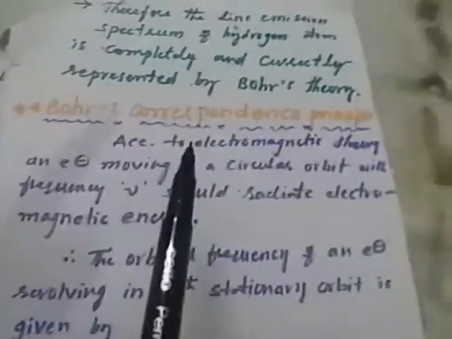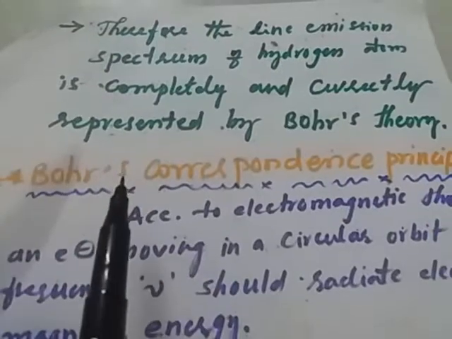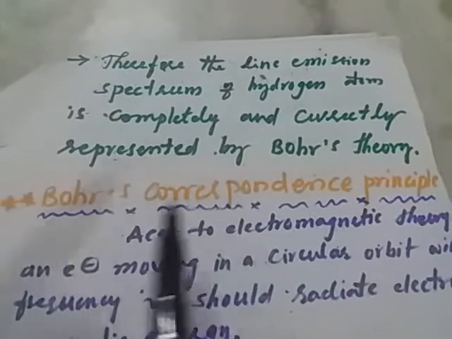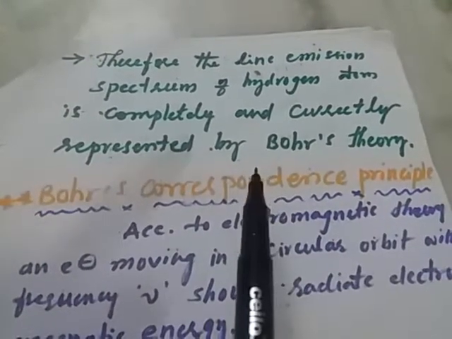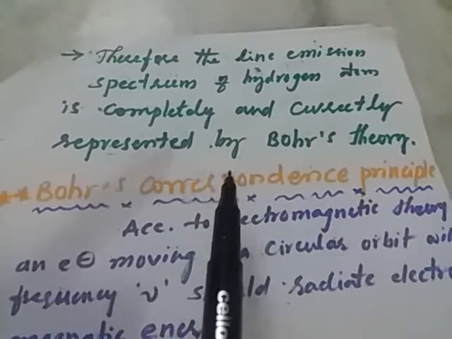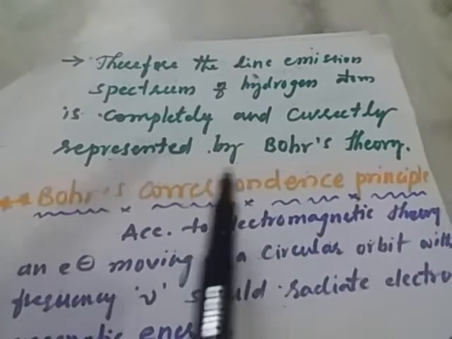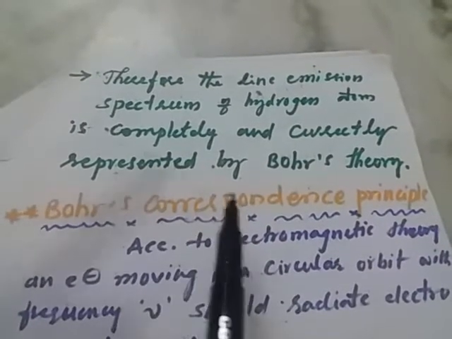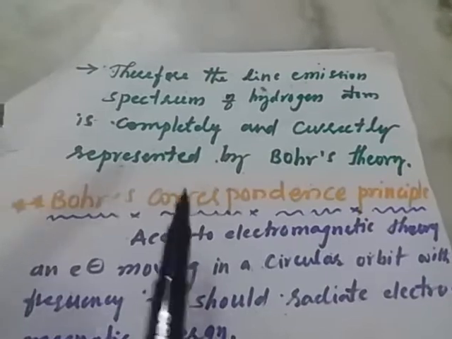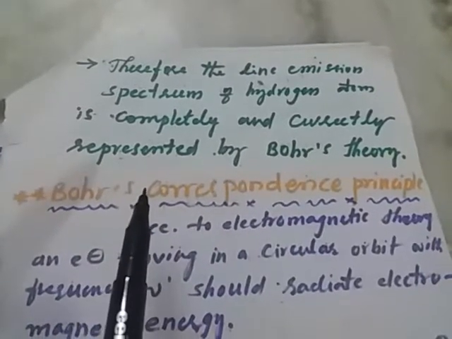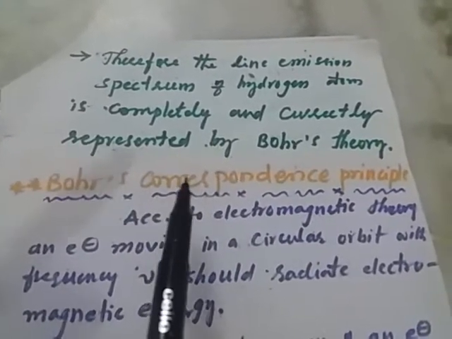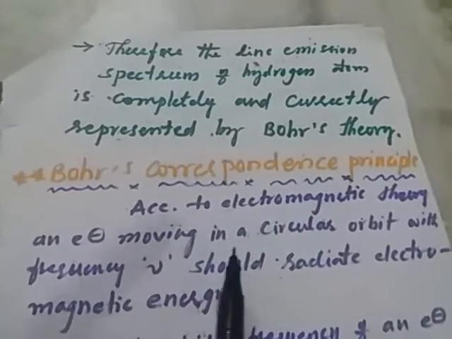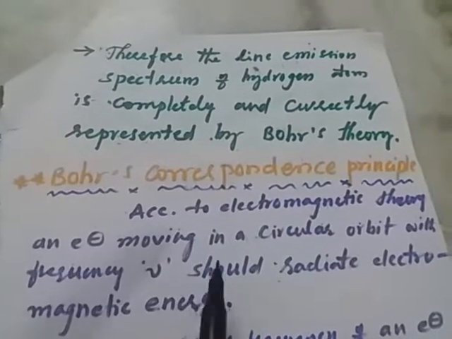Then afterwards, students, now we are going to discuss the Bohr correspondence principle. What is meant by the Bohr correspondence principle? Correspondence means the relation between the classical orbital picture and Bohr's atomic model. That principle was determined by the scientist Niels Bohr. This principle indicates that, according to electromagnetic theory, an electron moving in a circular orbit